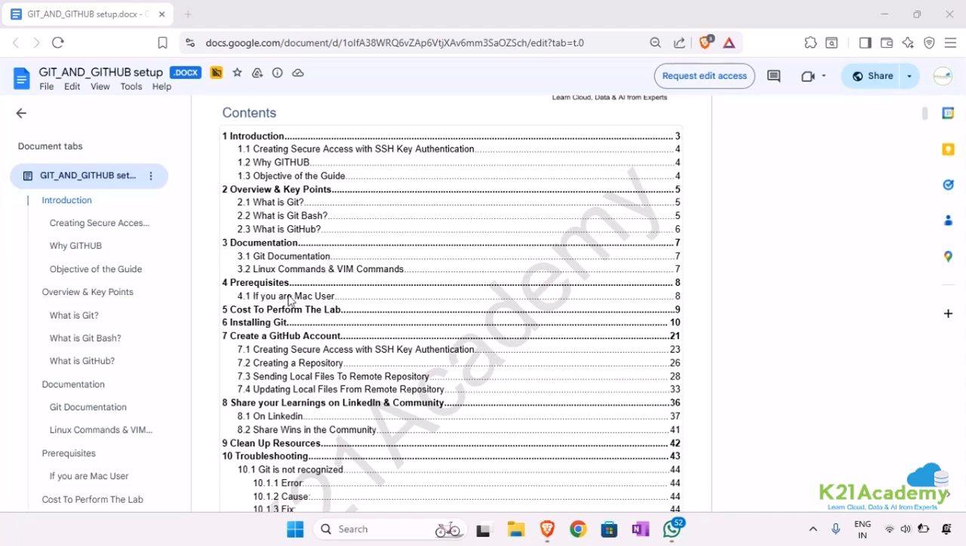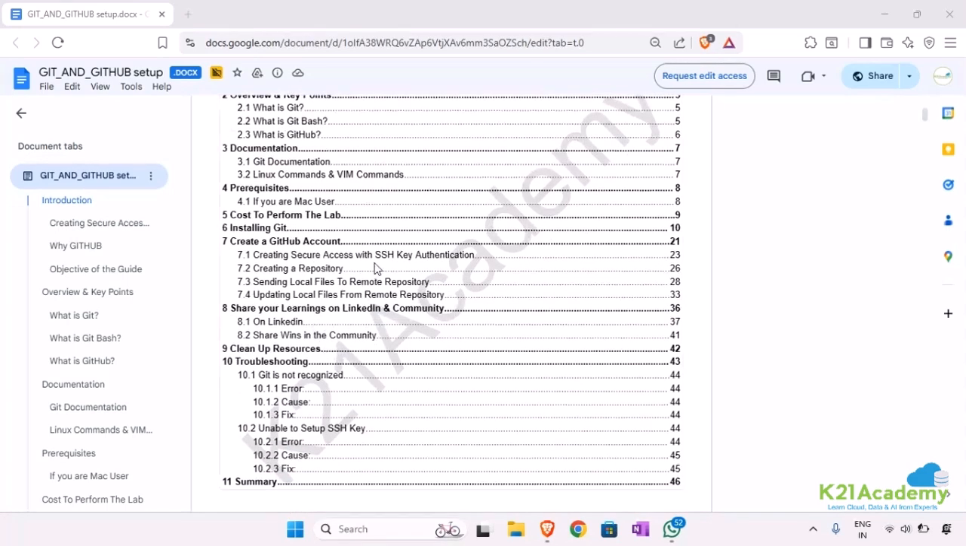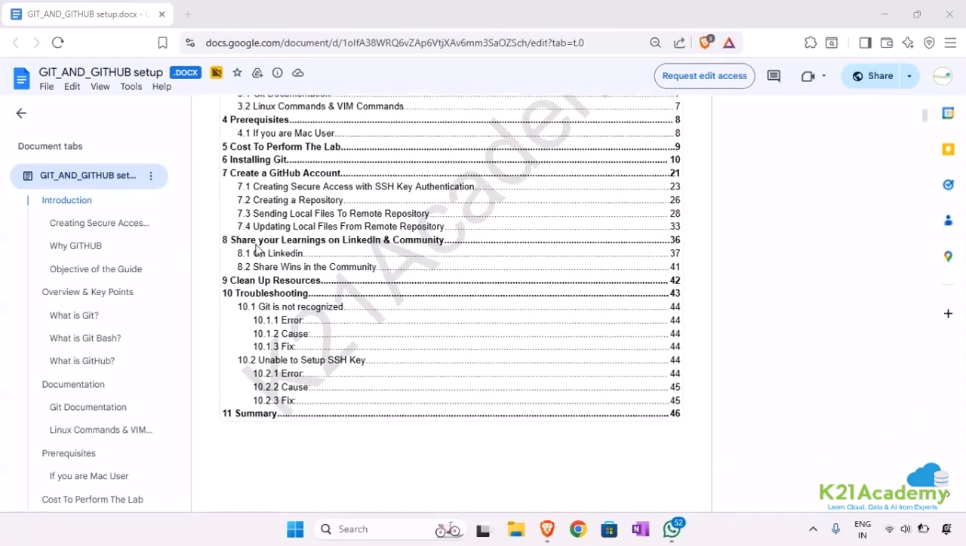And next, we have the prerequisites which we need to complete before performing this lab, and then we'll see the cost to perform this lab, because knowing the cost is also very crucial when we are using cloud services. And we'll try to install Git. We'll create a GitHub account. Once it is done,